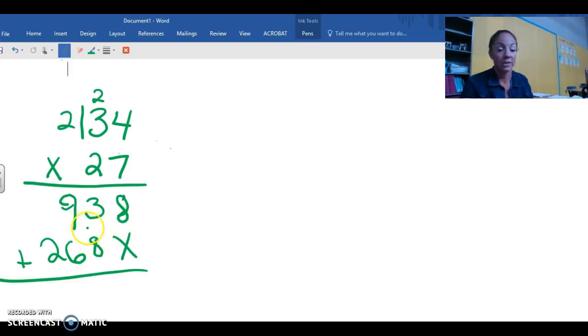All right, now we have to add the two numbers. 8 plus nothing is still 8. 3 plus 8 would be 11. Carry that 1 over. So 9 plus 1 is 10, plus 6 more is 16. And then we carry the 1, and